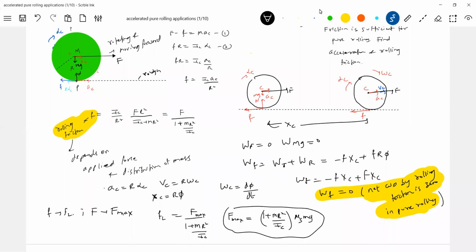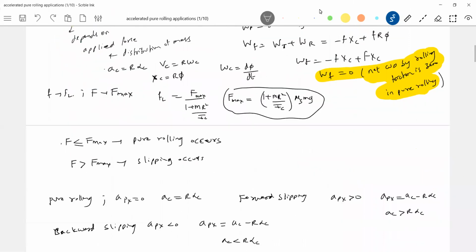The applied force acting on the rigid body is less than F max. That's the conclusion. Finish over. We should have that background clarity like this. Okay, let me go for the next part.